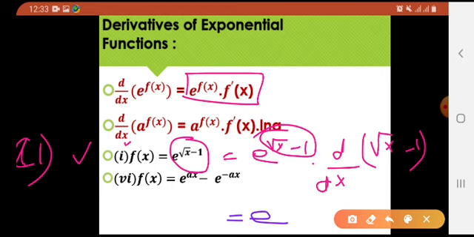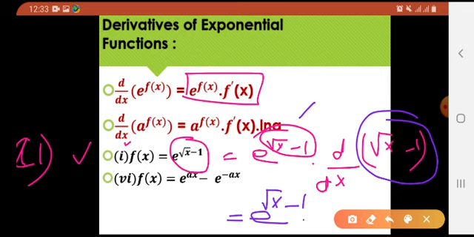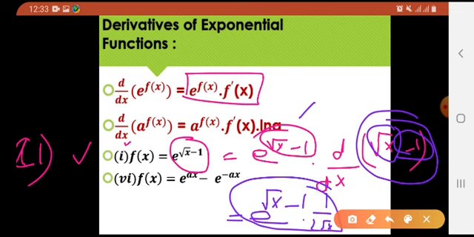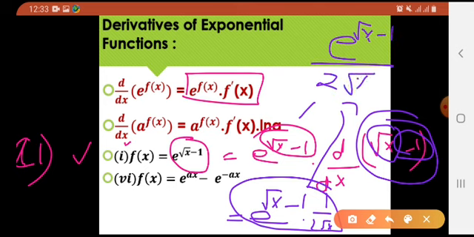Let us see what is the answer. So the answer would be e raised to the power radical x minus 1 into what would be the derivative of this? See, we all know about radical of x. What is its derivative? 1 divided by 2 into radical of x. Clear? Or minus 1. What would be the derivative of it? 0. So this would be my answer. How should I be writing it? Here I write it. I should be writing it as e raised to the power radical x minus 1 divided by 2 into radical of x. This is the answer. Clear? I hope there is no confusion.